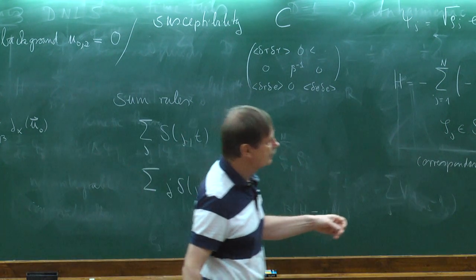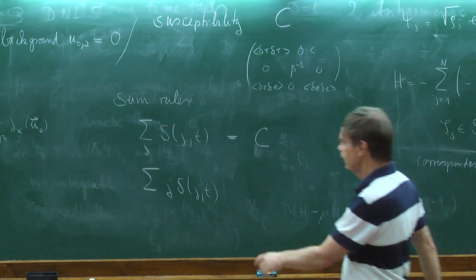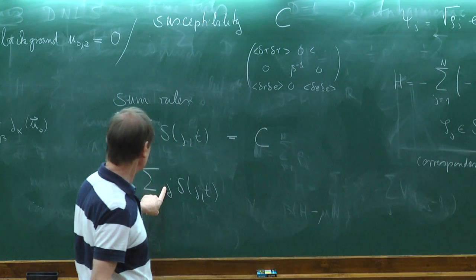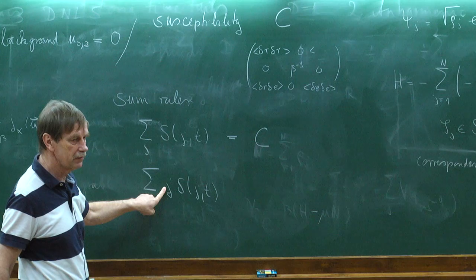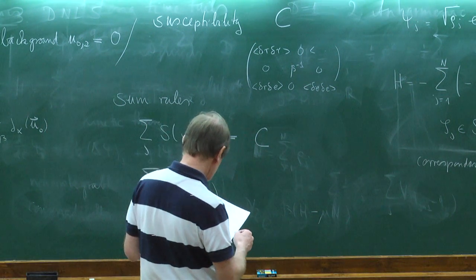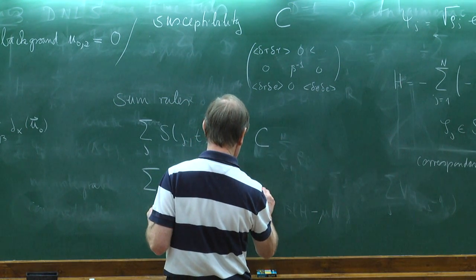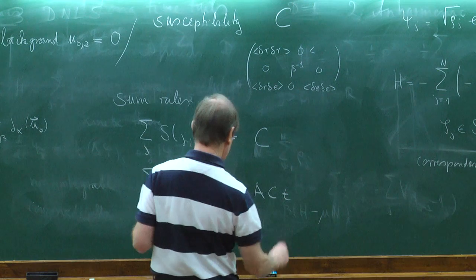I just look at the time derivative of this quantity. I insert here the equations of motion. This is of a conservation type, so there will be a d/dx appearing. On the lattice there will be a finite difference appearing. This finite difference I can partially integrate and get rid of, take the derivative of J, which is then simply 1. Now when you do this computation, which is not difficult to do, you find that it's equal to AC times T.